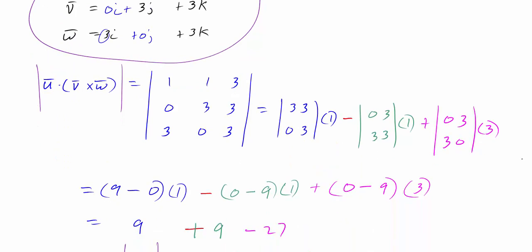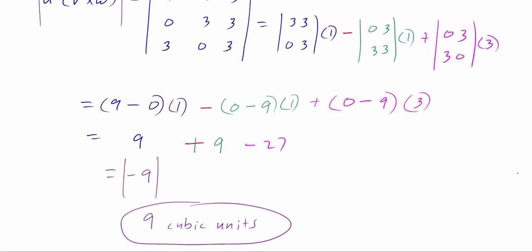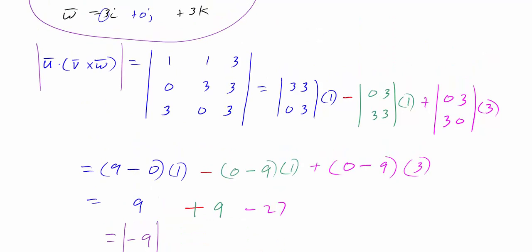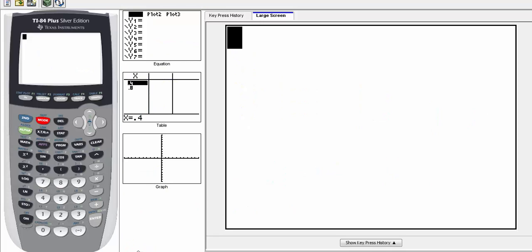Now because the cross product, this first row was i, j, and k, we couldn't use the calculator. Because we have numbers here, we could certainly use the calculator to come up with the negative 9. All we have to do is find the determinant of this 3 by 3 matrix. So if we go to the calculator, we're going to go to second function and this x to the negative 1 here where it says matrix,